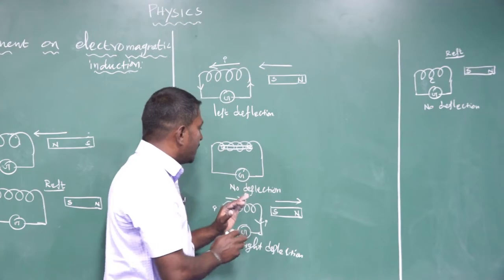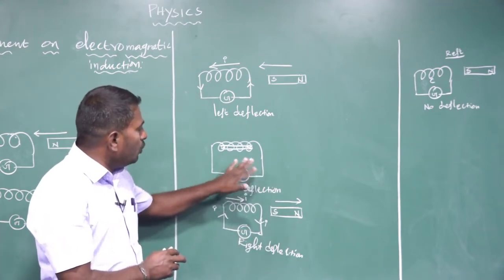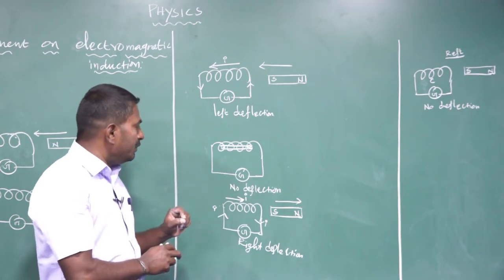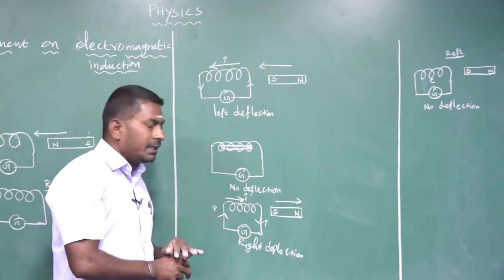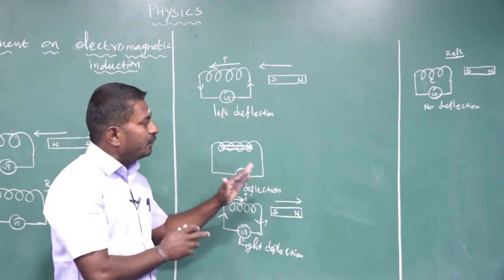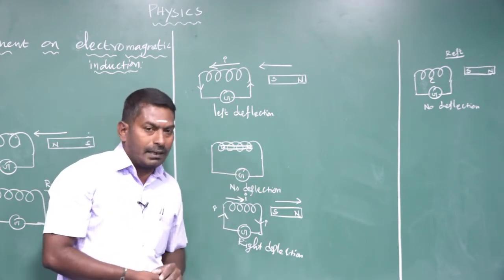If the bar magnet is kept inside the coil, or when the bar magnet and the closed circuit are both kept stationary, there is no relative motion between the coil and the bar magnet. The galvanometer does not show any deflection. No electric current is set up in the coil. That is a very, very important thing from Faraday's first experiment to demonstrate electromagnetic induction.